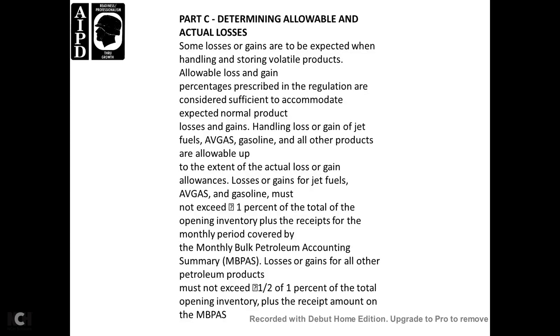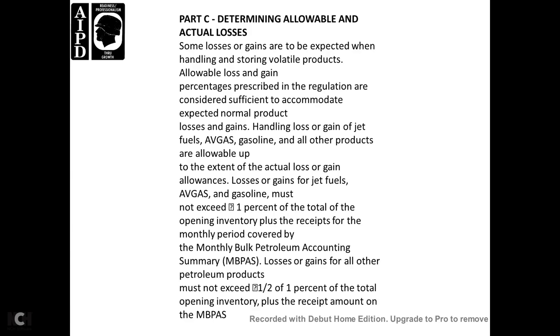Firstly, determine the allowable actual loss, the sum of the losses or gains expected from handling and storing volatile product. The allowable loss or gain is a percentage prescribed by regulation, considered sufficient to accommodate the expected normal product loss and gain from handling. Loss or gain for jet fuel, aviation gas, and gasoline is allowable up to the extent of the actual loss or gain, and must not exceed 1%